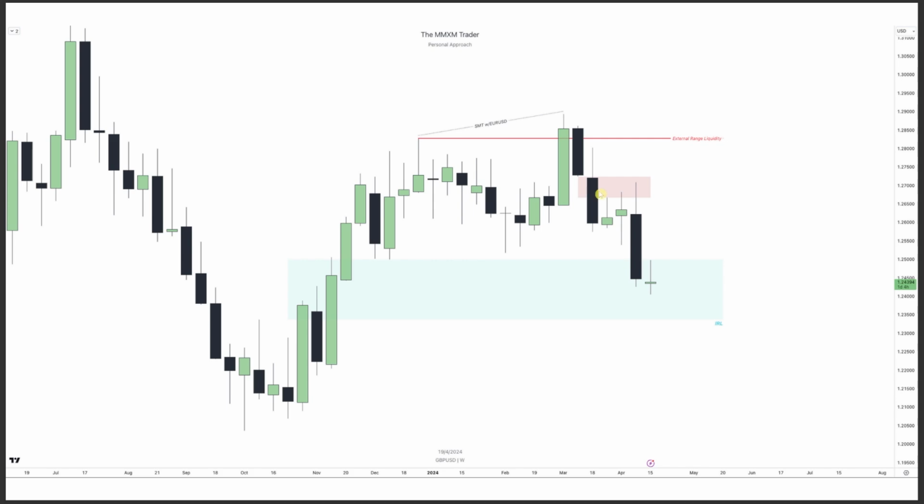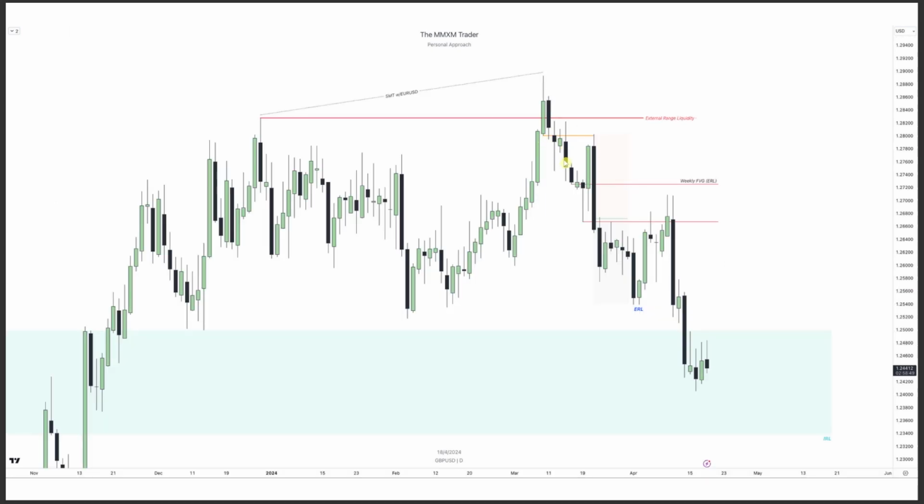And again, go back to that weekly chart, right? The weekly fair value gap, remember. So how do we map that out? We know the change in the state of delivery happened on the weekly, which is this move down over here. We left that weekly fair value gap, that internal range liquidity pool. Now, where are we going to be focusing on for our trades? We want to see if we can get in this internal range liquidity, which is also premium of the dealing